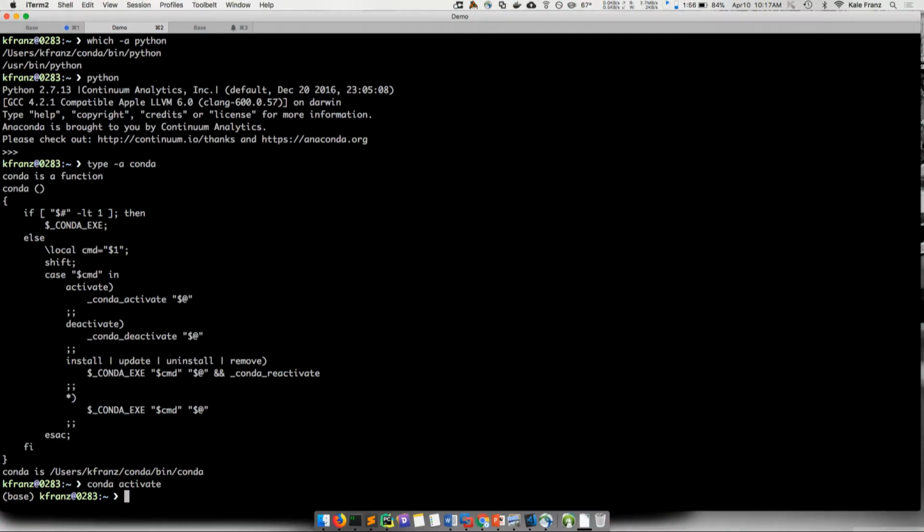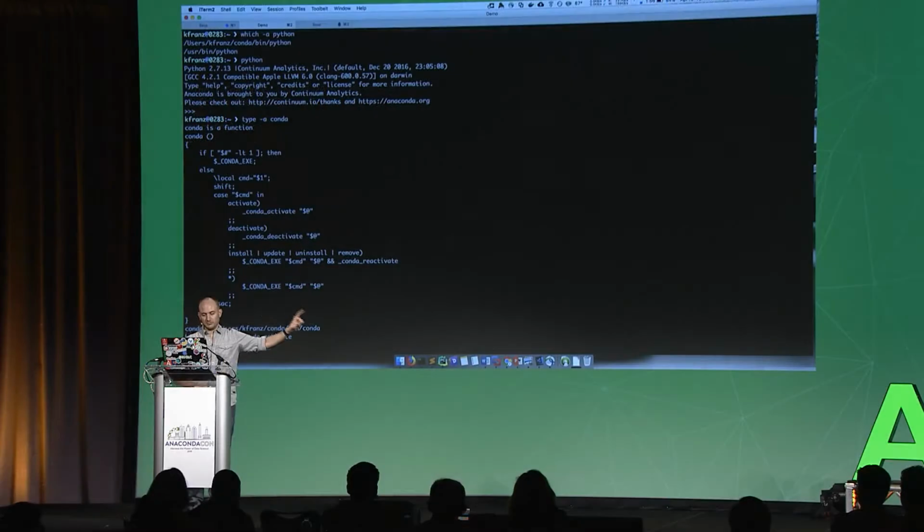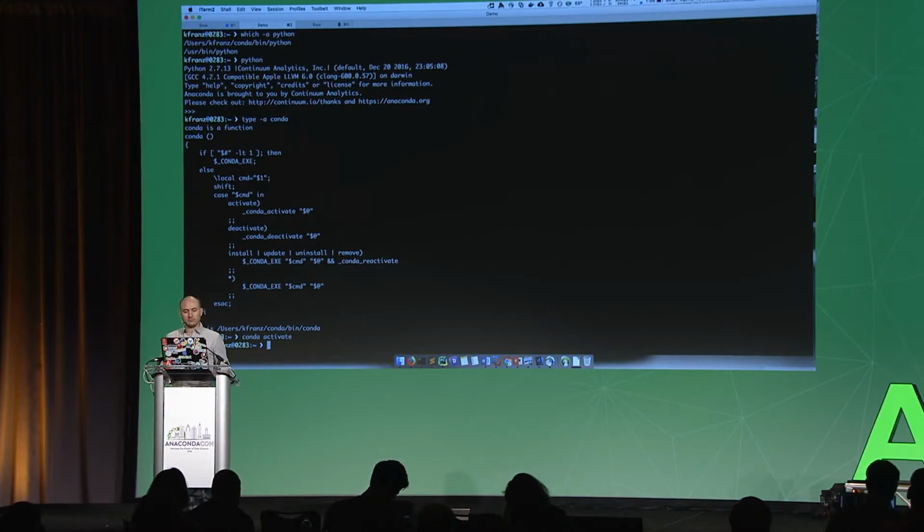Root environment got confusing because if you put root right there, you're going to be thinking you're like sudoed in or something. And so we renamed it to base. So conda activate or conda activate base, it all works now. It works in every shell but PowerShell right now, and we're working on that. The limitation is there. Nobody knows PowerShell. If anybody wants to help, pull requests welcome.